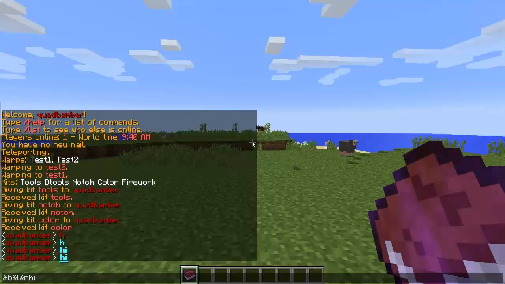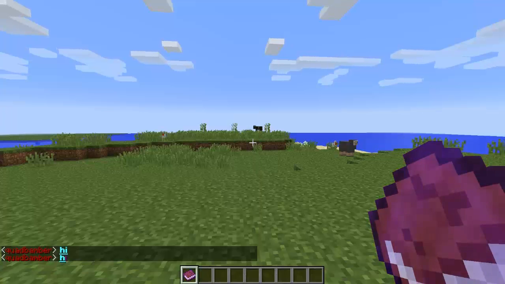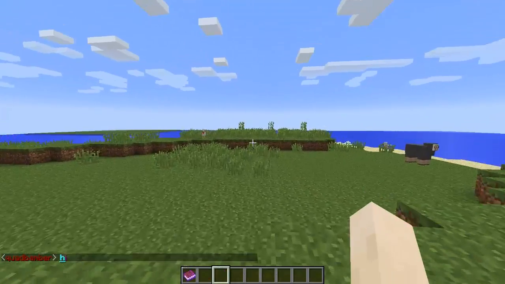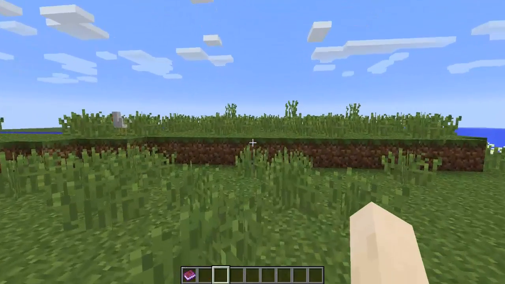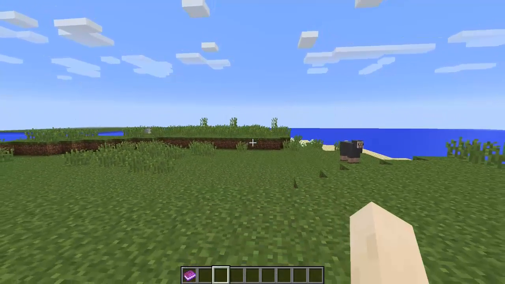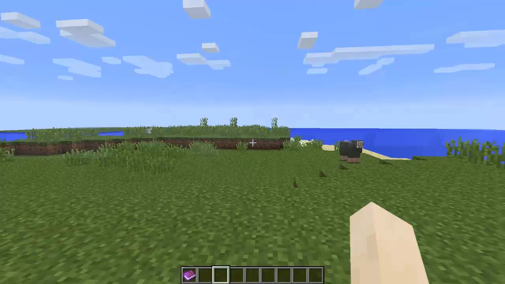Or we can do multiple colours. So we can do and 5. So yeah, you can't really see that because the line does protrude, but you can change loads of colours and stuff like that. So yeah, Essentials is quite big, so if you do want me to go over it in more detail, please say and I will do that for you. Let's get on to the next plugin.